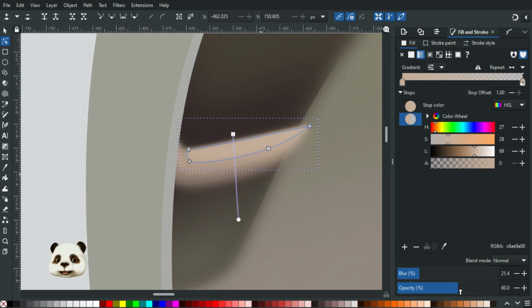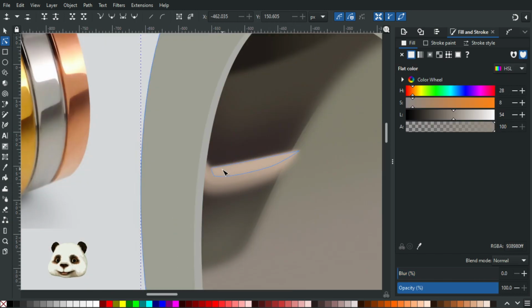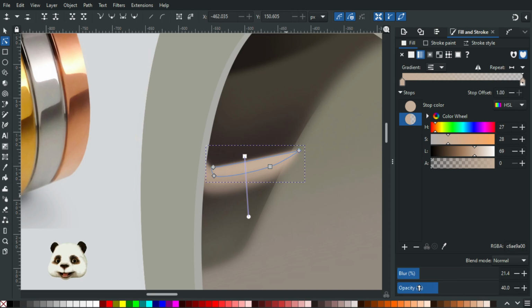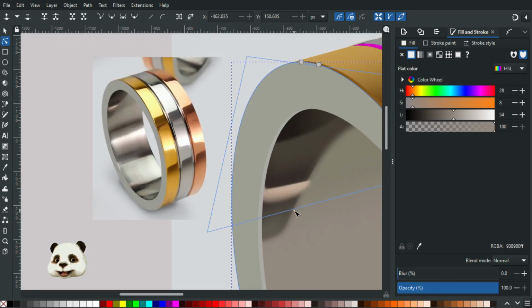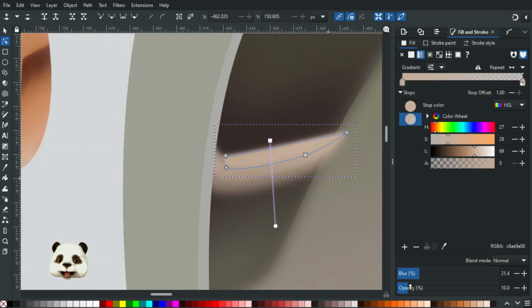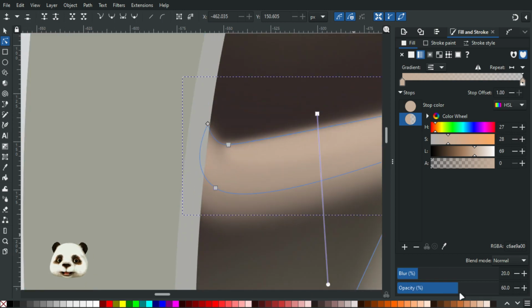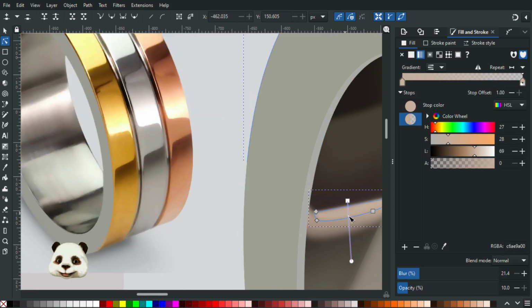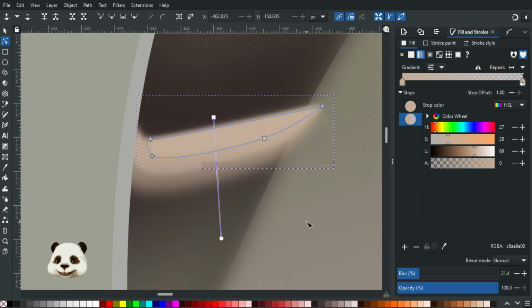The opacity here, even more, wow. Even more, jeez. Maybe I'm not reducing enough opacity over here. Is this working? Because I feel like